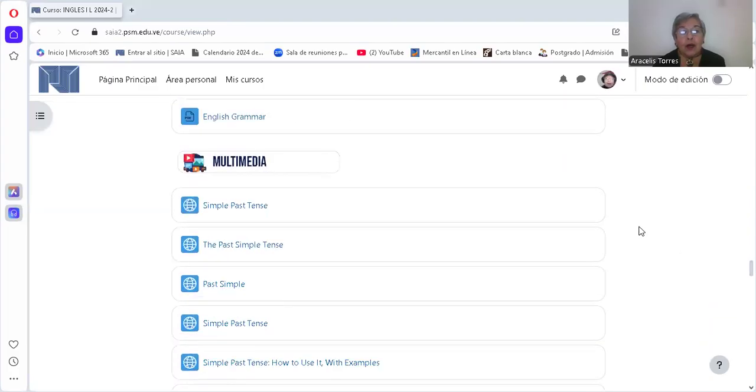And here is a guide where it says how to work with the past tense. Remember that the simple past is used with the verb to be or the verb to do, as an auxiliary, at the same time as the verb to be. The auxiliary verb to be and the auxiliary verb to do. And this time they are working as auxiliaries, okay? Here is the guide where you can see